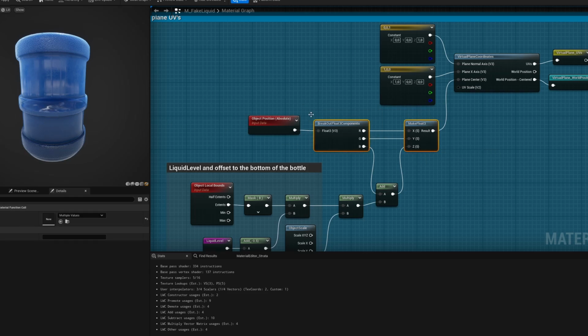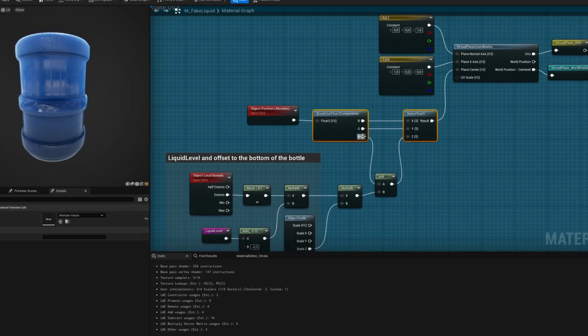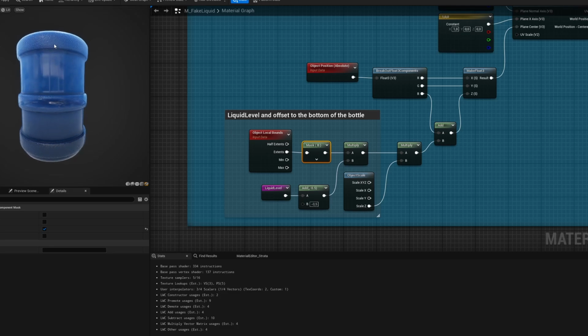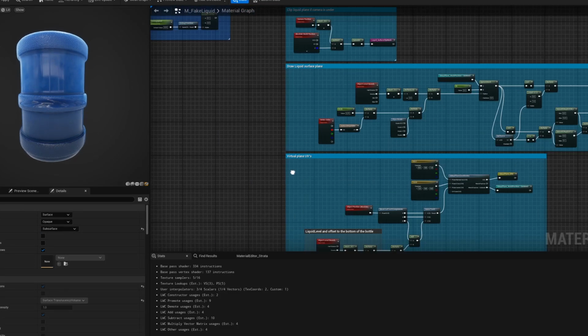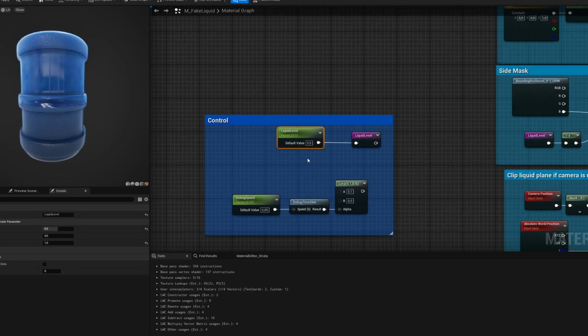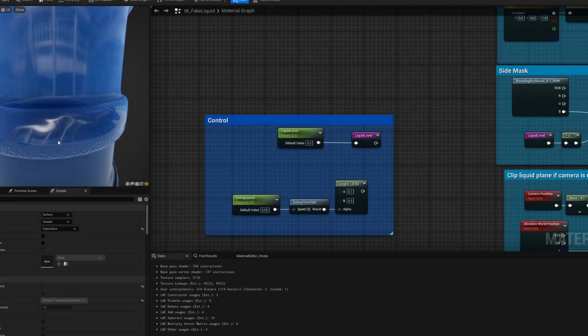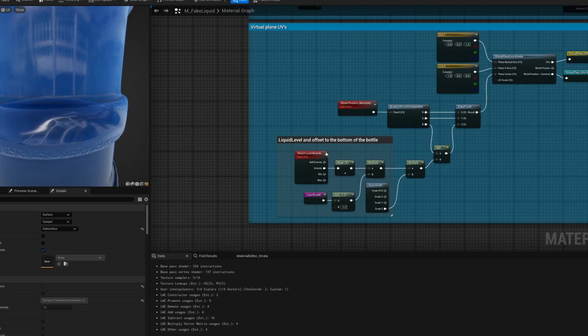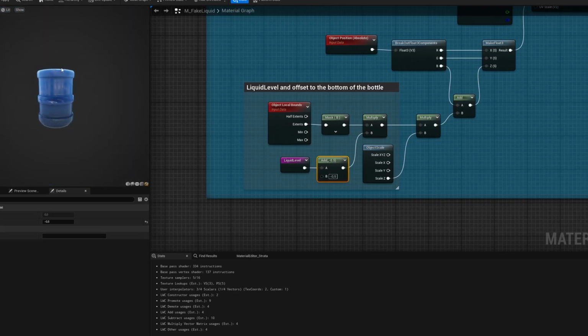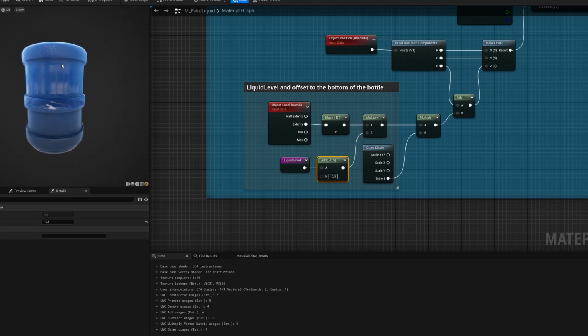I'm breaking the vector, the position of it, because I want to change the B by my water level. And then I'm taking the object local bounds, the B channel, so it's the height of my object. I'm multiplying it by my liquid level. Liquid level is just a simple parameter, 0.5 in this example, and the water is in the middle of my mesh. I need to add offset to it because by default it's going to be on the top. So I'm just offsetting it by half of